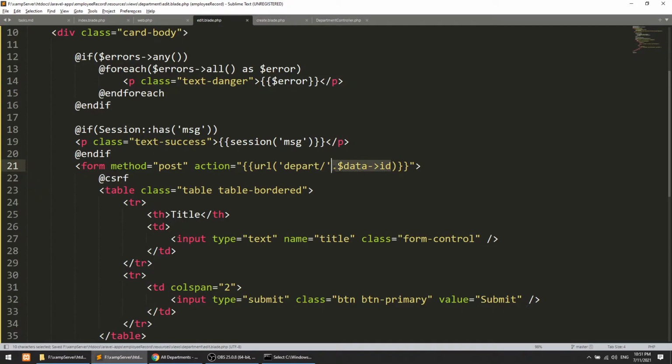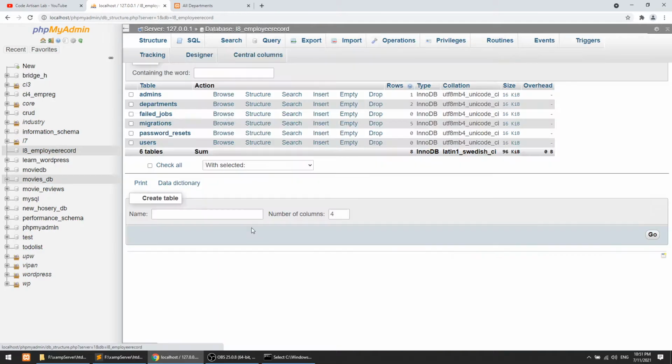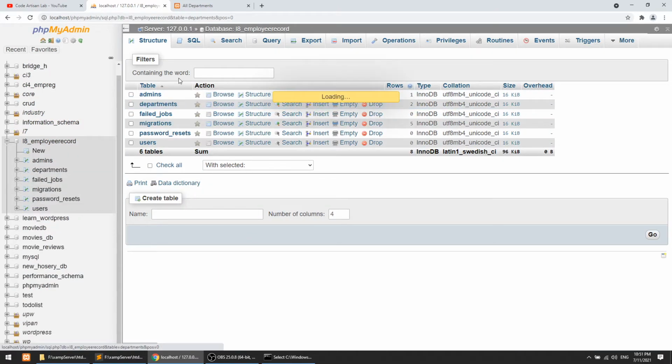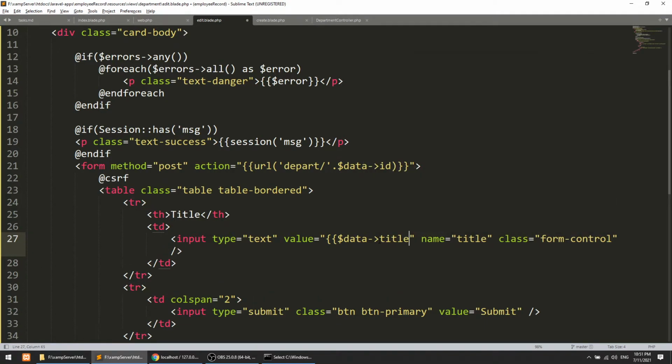Okay, and similarly we need this data in the form also. So we have a form and data equal to, so what is the name of the title? We have where it is employee record system and department, and I think we have a title. Okay, so it is a title.